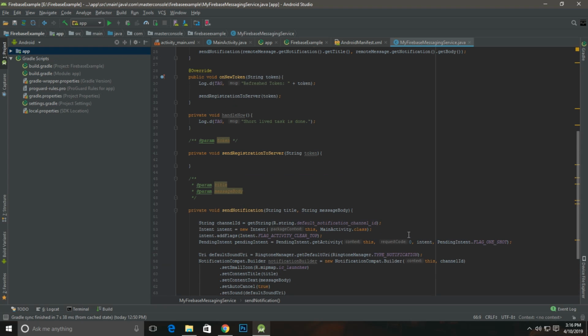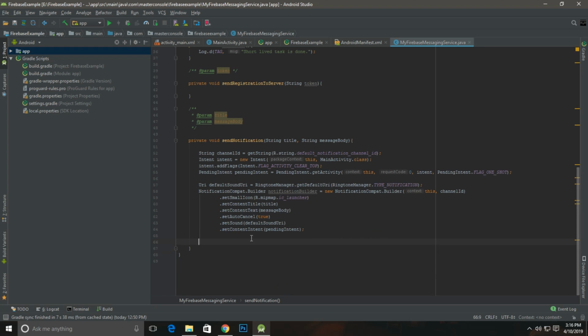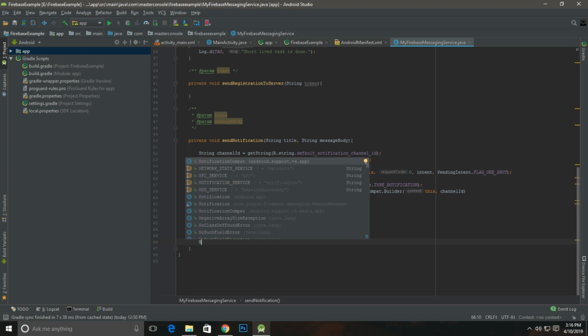Okay. I also need to implement one. I forgot. Yeah, that notification manager. I created the notification, but we need to show the notification, right? We need to create a system service. So for that, create this